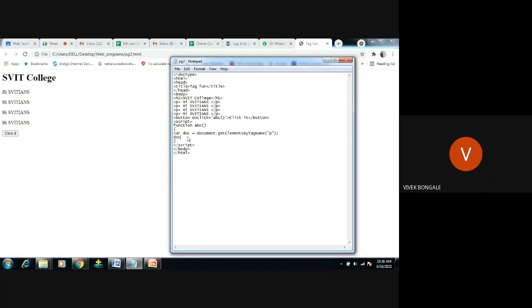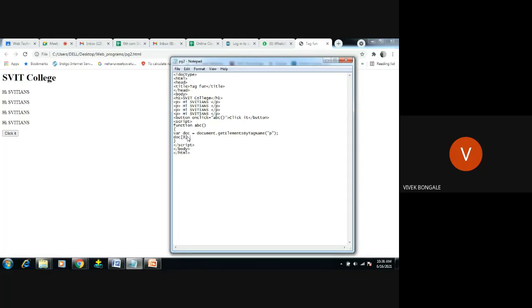So doc, open index 0, dot, and I am using the style property. I'm going to change the style of that element node.